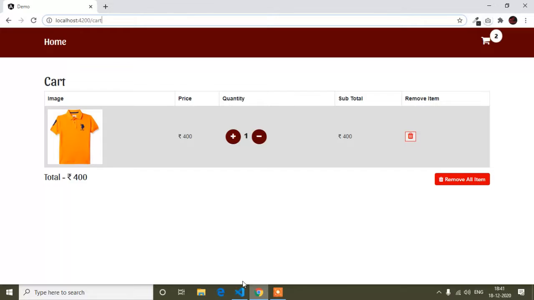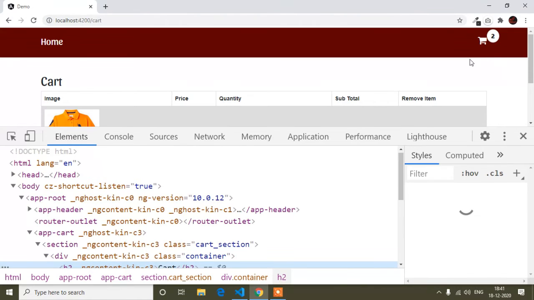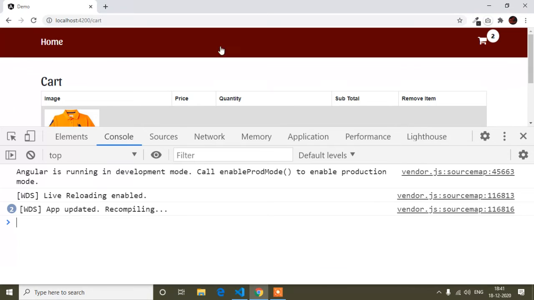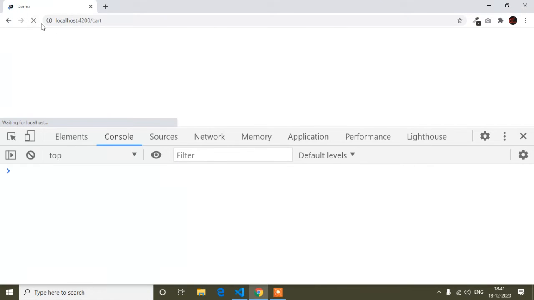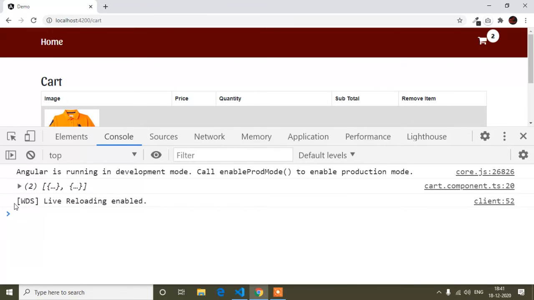Now I will check in the console. I have added two products to the cart, so two products should come in the console, but it's not coming. Okay, now it's coming. It was not refreshed, so I refreshed, and now it's coming.